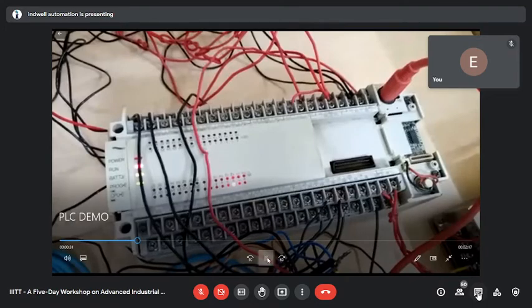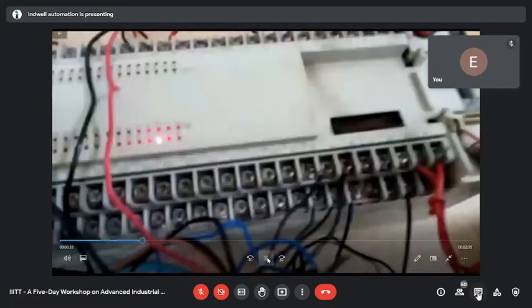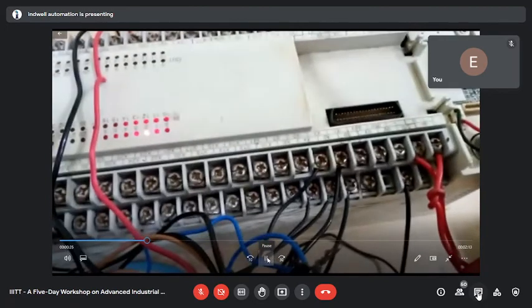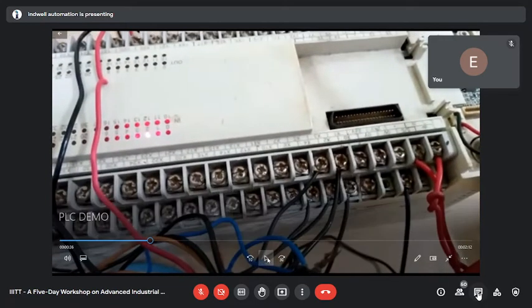Done. Next you see, these are the input terminals. It won't be very clear, but it has been written here x0, x1, x2, x3, and here it is written line, neutral, earth. So these are the terminals. If I have to connect to x0, I will see here x0, it goes here. So it is the terminal for x0. X1 you see, x1 goes here. So this is the x1 terminal, like that.